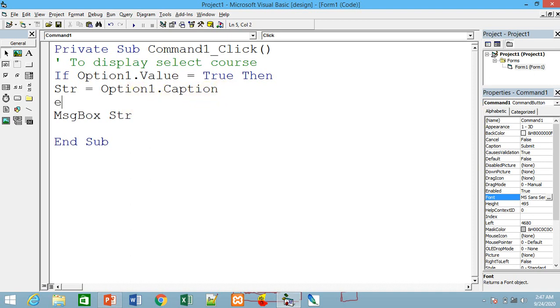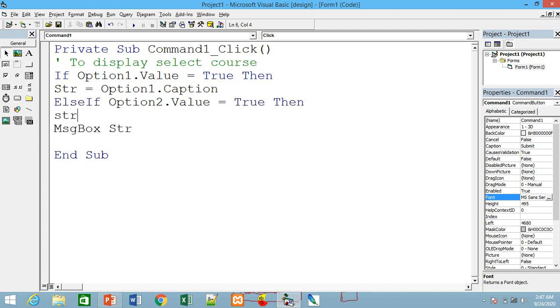Else, because here we need to go for else if, because one more option is there. Else if option 2 dot value equal to true, there's a possibility of selecting the second one, means BCA as our course. Then str equal to option 2 dot caption.